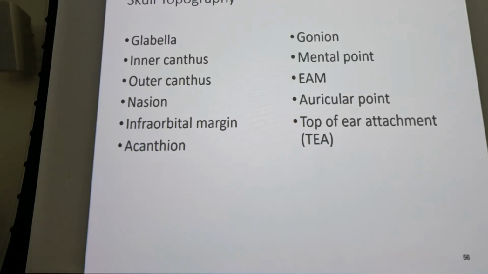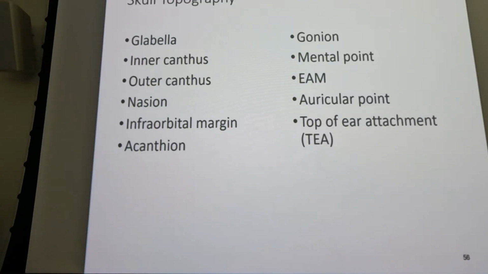The nasion is where the frontal bones and the nasal bones meet up, and that would be what a lot of people call the bridge of the nose, right? The infraorbital margin is just that, it's the bottom of the eye. The acanthion is where the nose and the upper lip come together. So that's going to be a point, the centering point that we're going to use once we get into facial